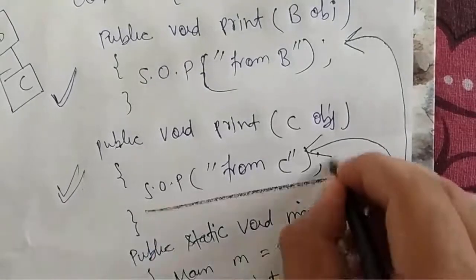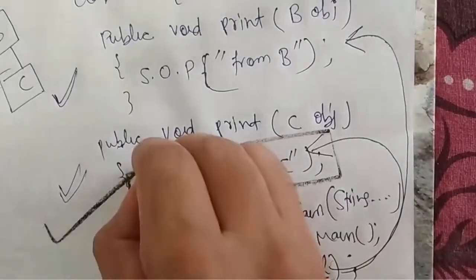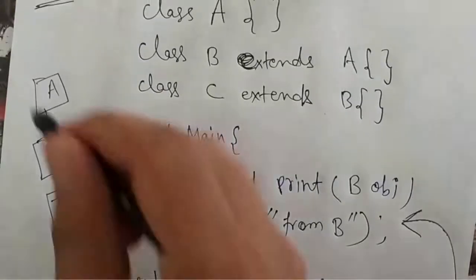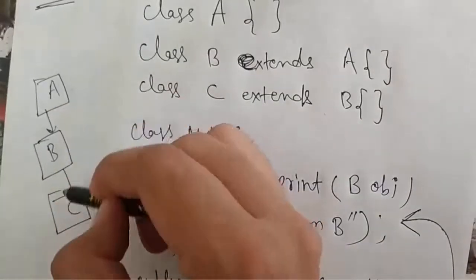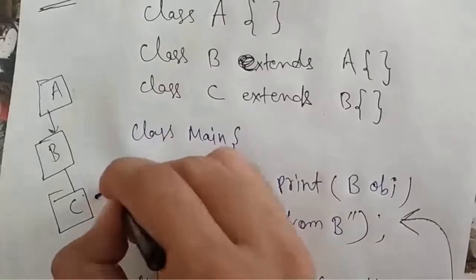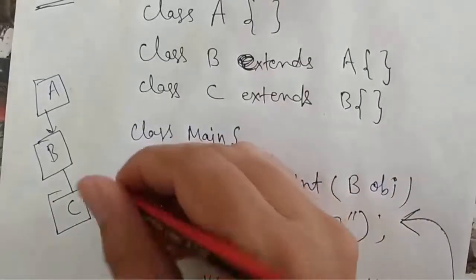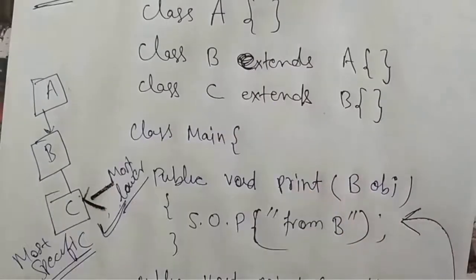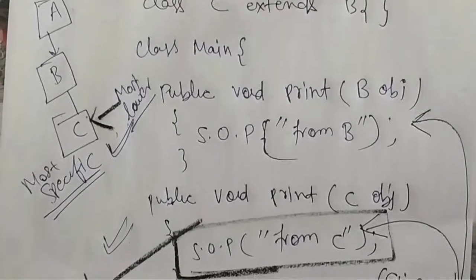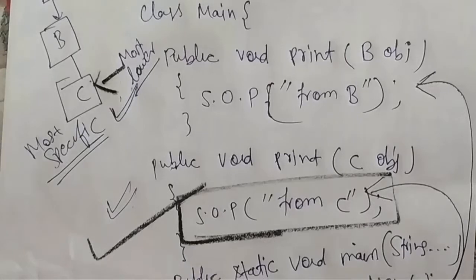So we will see this is the output from C, because if we see this class A, class B, class C, class C is the lowest one, or we can say the most specific one in this hierarchy. The print of C object would accept the null parameter. So if your concept is clear, you can go for the next question in further videos, and in case you still want to see the practical implementation, I can quickly take you through this example in Eclipse IDE as well.